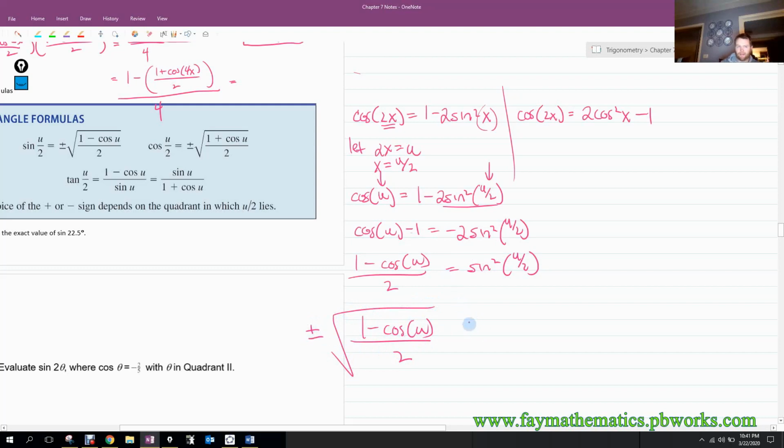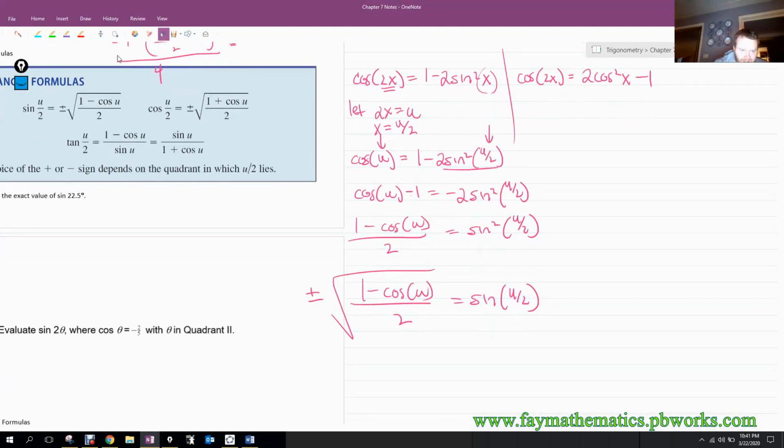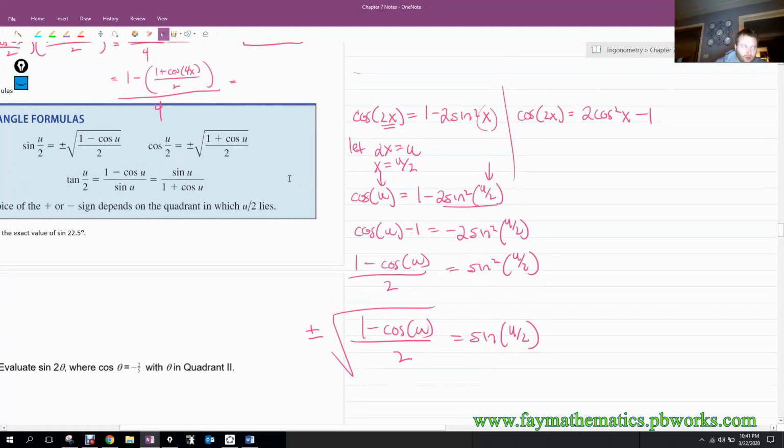Plus or minus, and then equal to sine of u over 2. The only thing here is that the plus or minus depends on the quadrant in which u over 2 lies. So that's something to think about in choosing the plus or minus. If I just write this in terms of u, let's go 0, there's 90, there's 180,